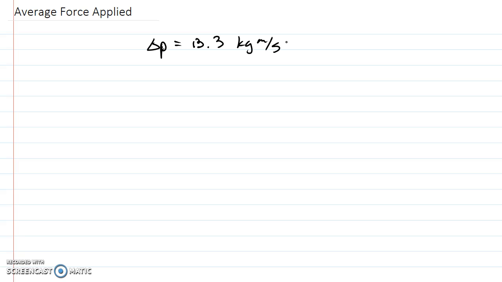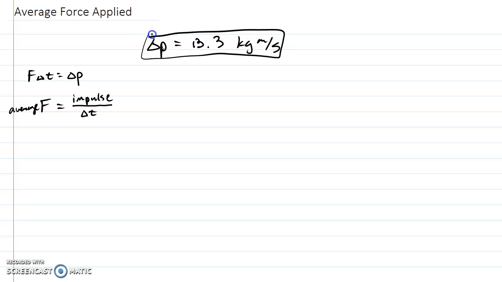Okay. And so one thing about this force momentum equation is that if I divide by the change in time, the way you can talk about it is you have the amount of impulse on top divided by your change in time. And this right here is your average force. Okay, so if we still wanted to work with this right here, we could figure out the number of newtons,